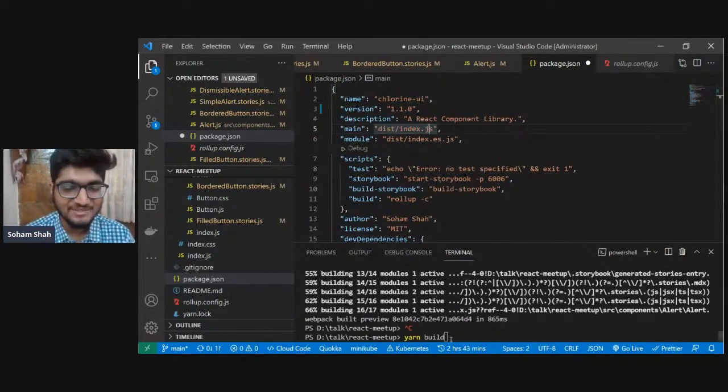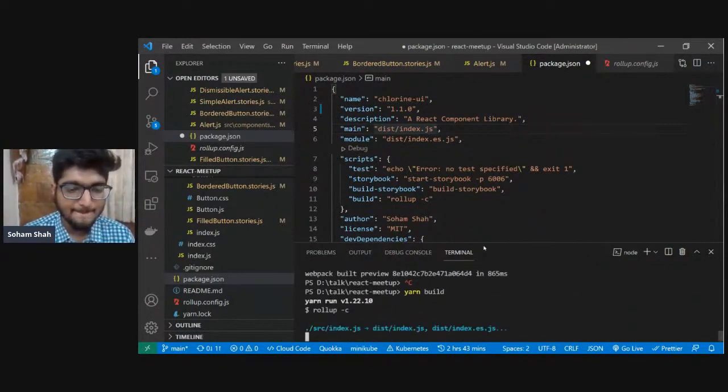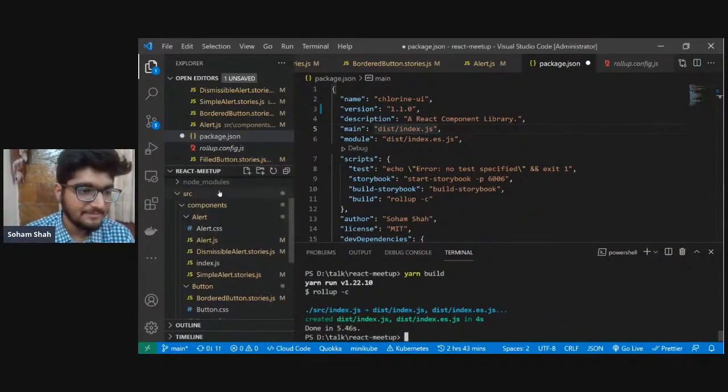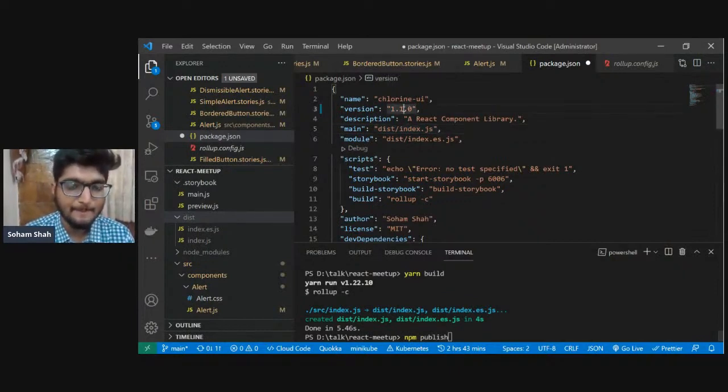So let us run yarn build, which is the command that runs the rollup config. When we run rollup, it's going to build, and this dist folder is being created, which will be served. Just by running npm publish, it should publish our version of Chlorine UI.